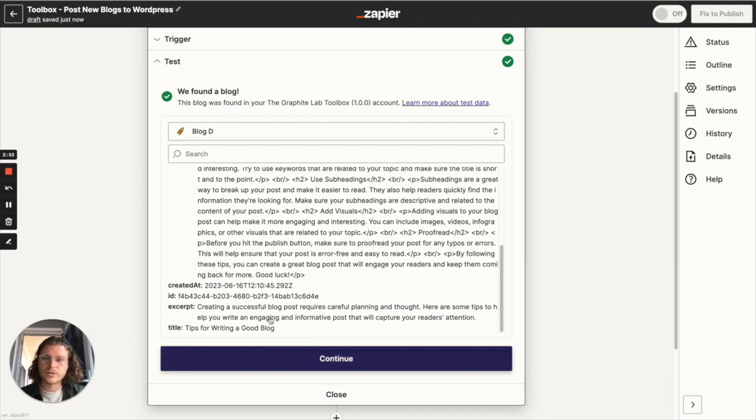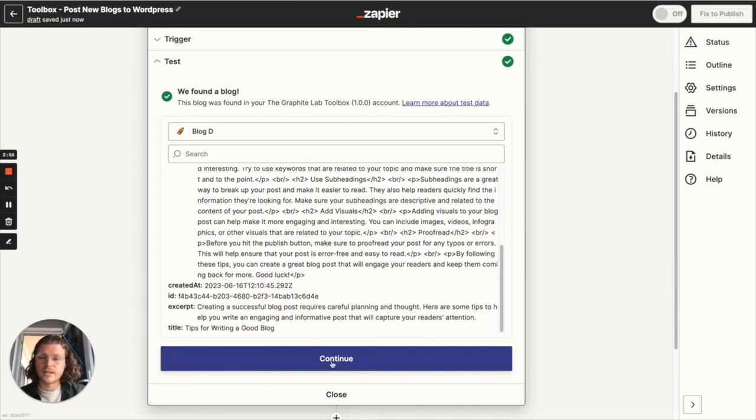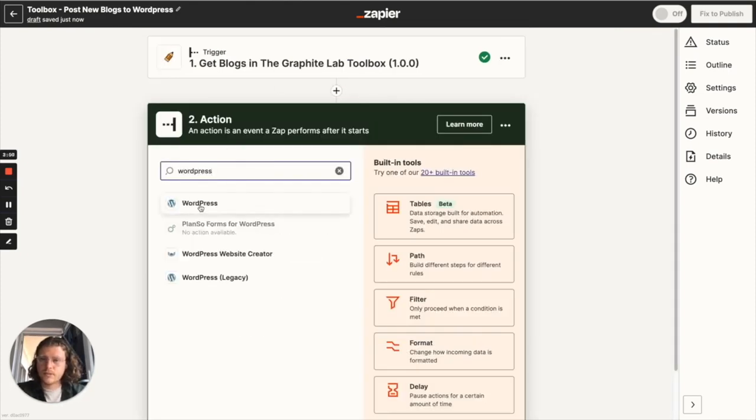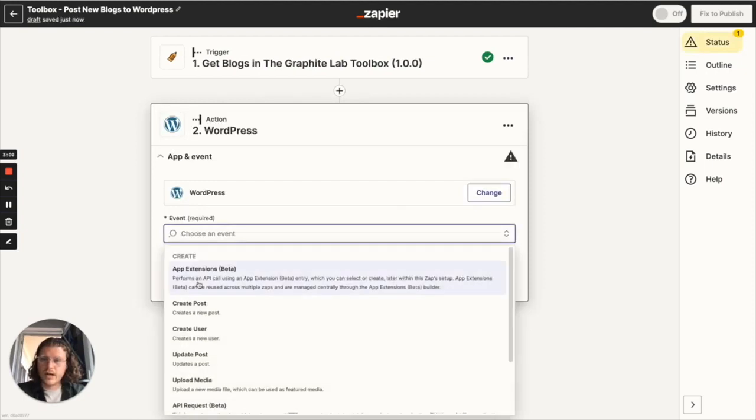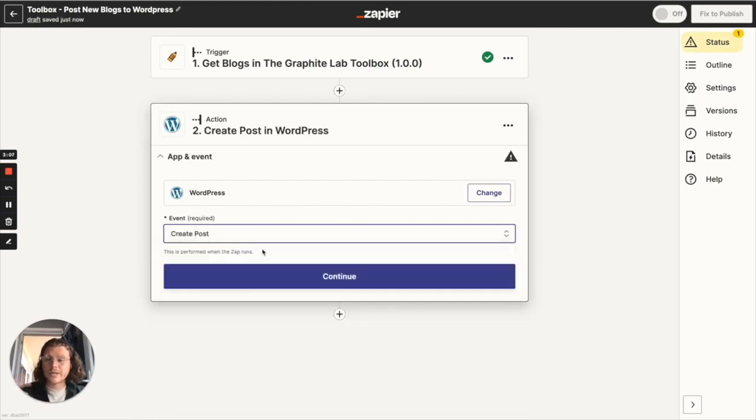So then all you have to do for the next step is basically click continue, and then WordPress, just connect your WordPress account here, and you can choose the event called create post, which basically will then allow you to create that post. We always recommend that you create the post as unposted, which is basically like a draft,